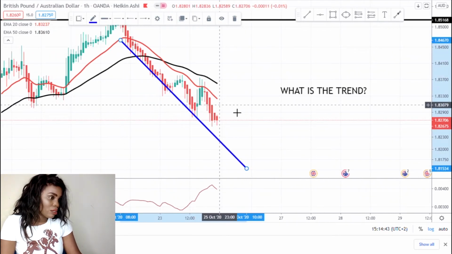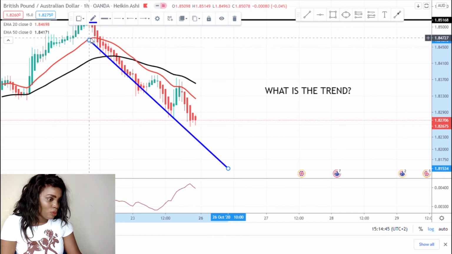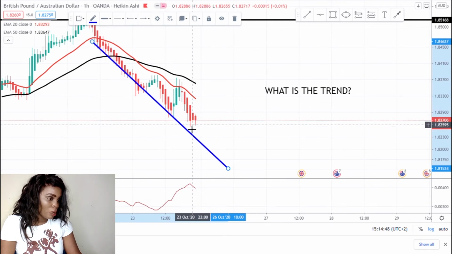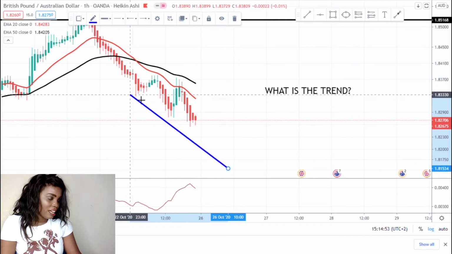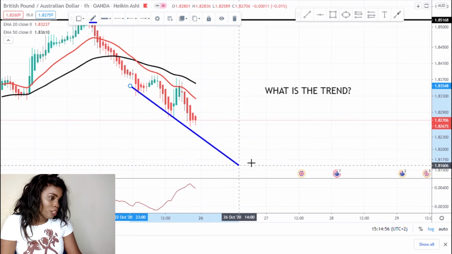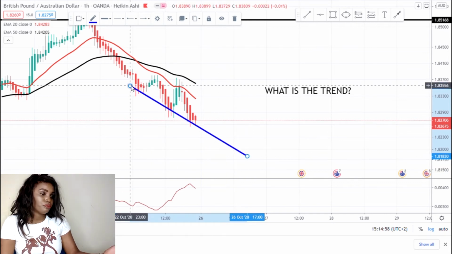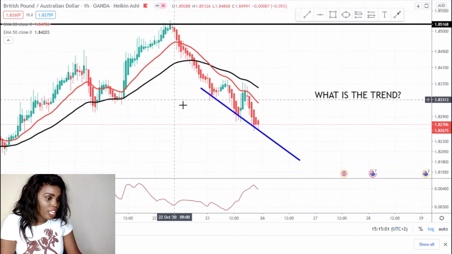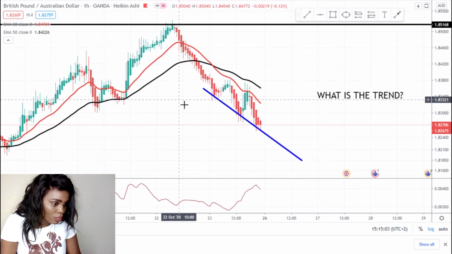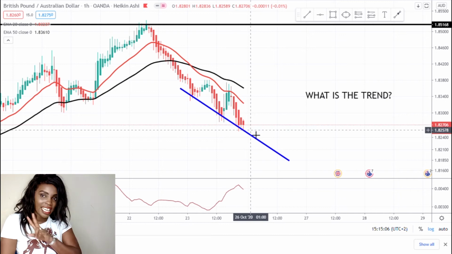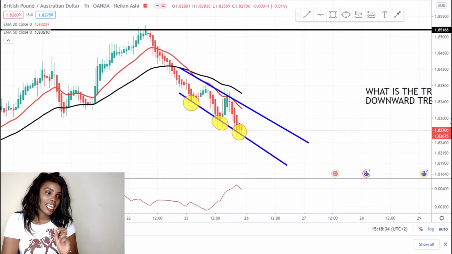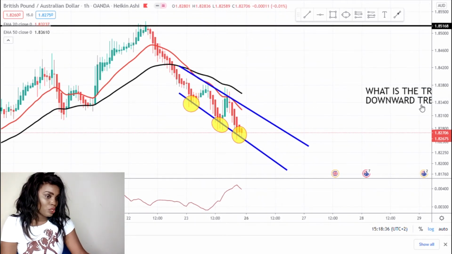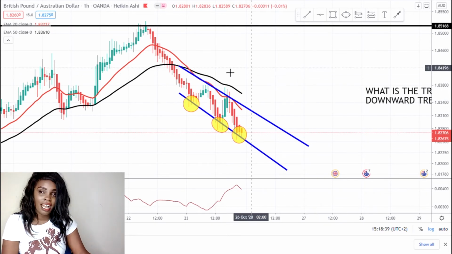correcting my trend line, because I don't know if the position will stop at this place. If it stops at this place, I will start my trend line here, and maybe I can have something like that. You see, guys, your trend line, you will try to adjust because you don't know if the market has stopped and it will want to retest. So the second thing that I do is to use my trend line, because I have known what is the trend. So that's the second thing I put my trend line in position,